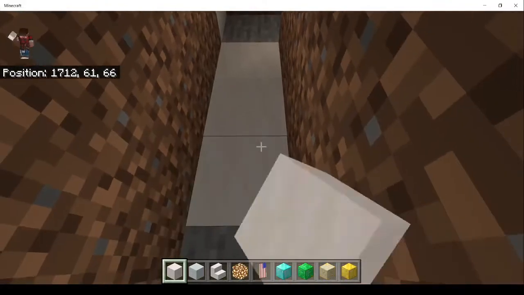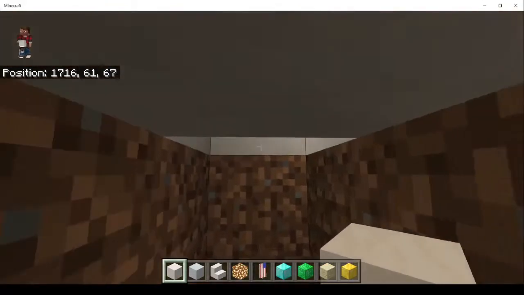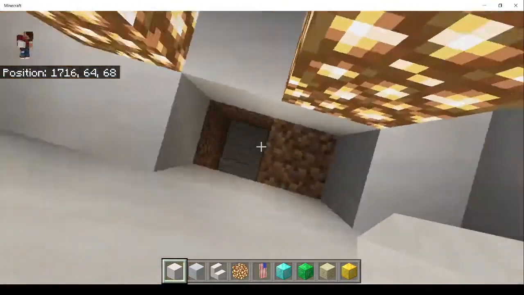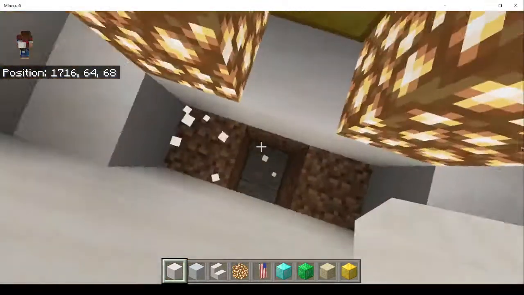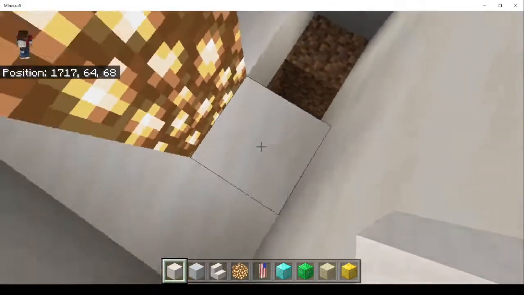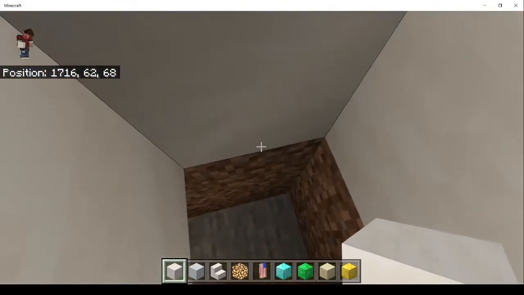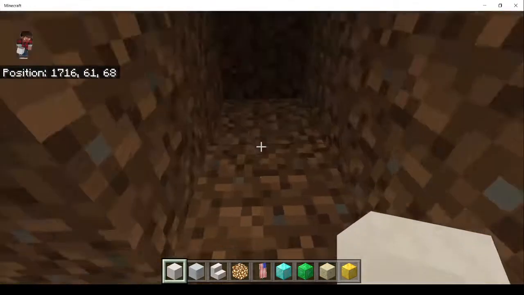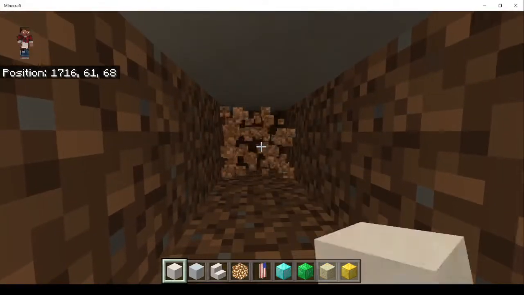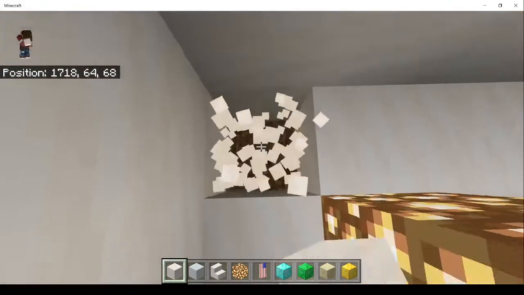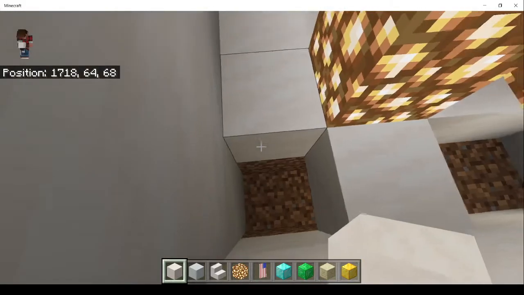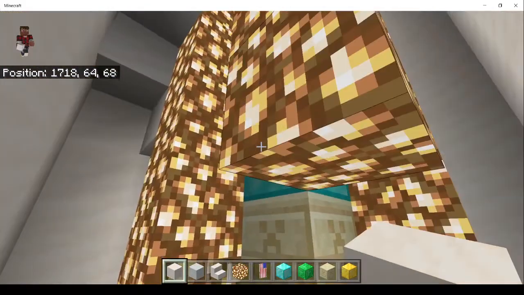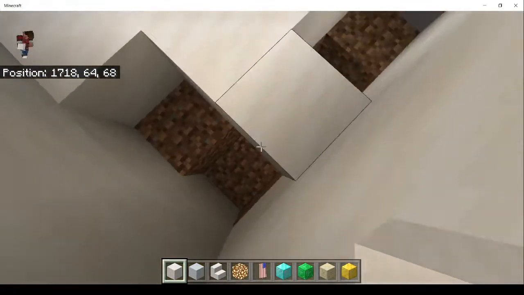Let's fix that, shall we? Okay, so what's gonna happen is it's gonna come up here. Since this part is not going to be seen by anyone,